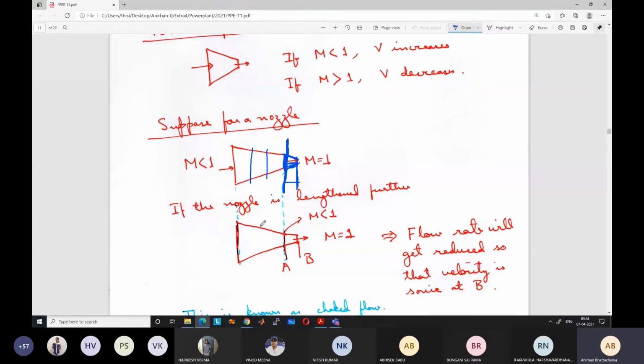So what will happen to the mass flow rate in that case? Will it remain the same? The cross-sectional area of A is higher than the cross-sectional area of B. We have reduced the cross-sectional area. In both cases, the velocities are equal to Mach number 1, right? So if the area is reduced, the mass flow rate has to be reduced. m dot equals rho A V. So the mass flow rate has to be reduced, as the other properties are equal to sonic properties. So ultimately, what will happen for choked flow?